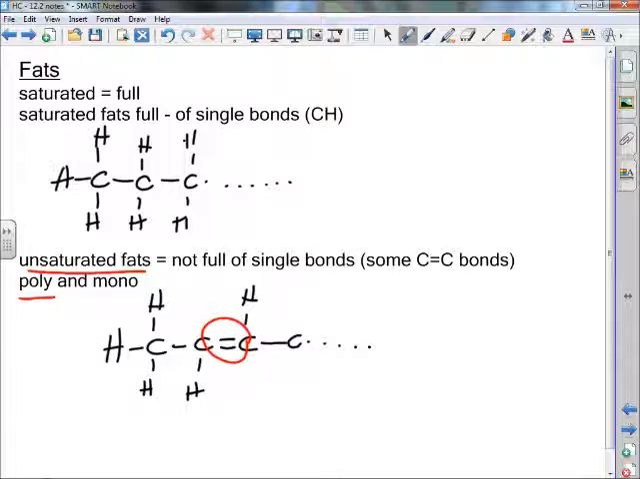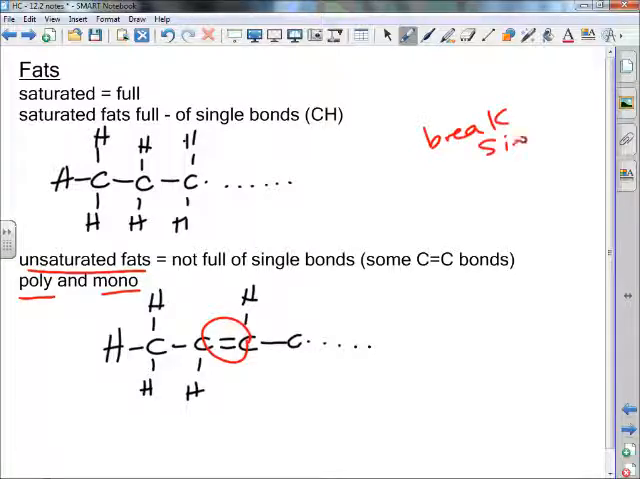Now, there are polyunsaturated and there are monounsaturated fats. So, what's the big deal? Which ones are the fats that are more or less healthy? It is the saturated fats. Why is that? It's easier to break